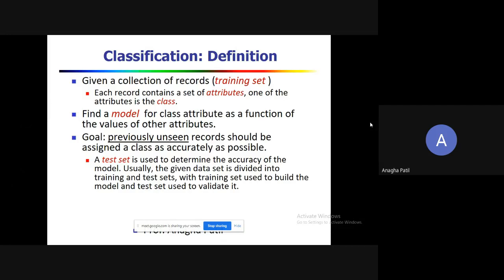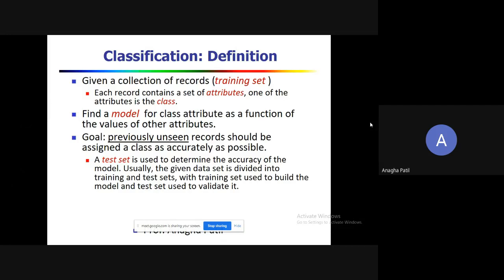There would be a pointer attribute present in the test set also, and the output of this pointer attribute in the test set and the output that you get after classification should match. If it does, then your classifier is accurate. If it does not, there are different ways to improve the accuracy. Usually, you have been given a data set, let's say having 1,000 records.